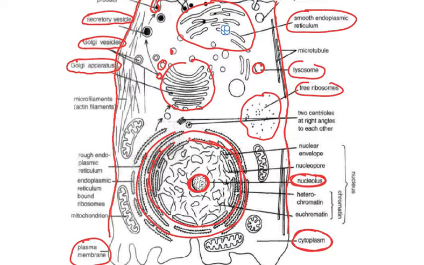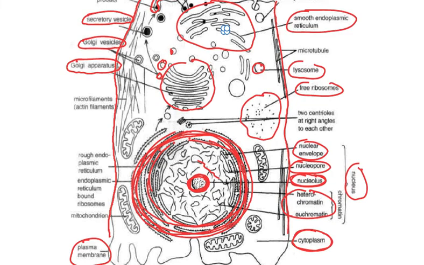This whole part is the nucleus. In this nucleus, the centrally located, largest cell organelle in animal cells, we have the nucleolus and these thread-like structures which are called chromatin material or chromatin network. This is all the chromatin material. We have various pores called nuclear pores in the nuclear envelope. I am just marking and circling all the cell organelles side by side so that you are able to relate with the help of these arrows.